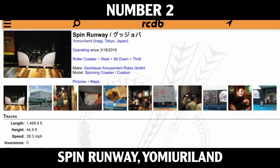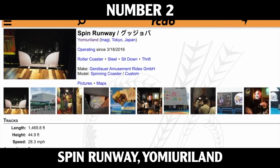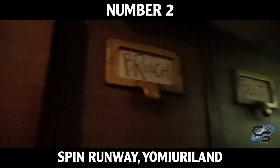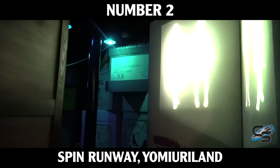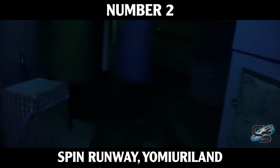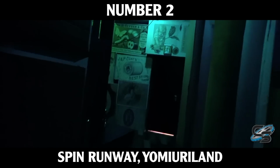At the number 2 spot, we have Spin Runway at YOMIURILAND. This ride is essentially themed to a fashion factory, and like GEKION Live, it has an element of interactivity, because while you're going up the spiral lift hill, they have screens surrounding you with a little character that bounces up and down, and it's like Flappy Bird, where you hit a button on your restraint to get it to dodge